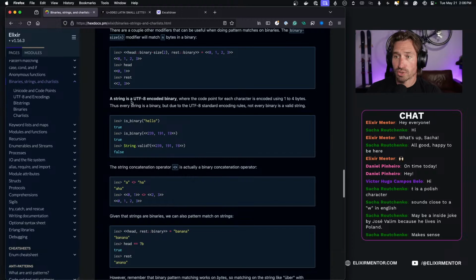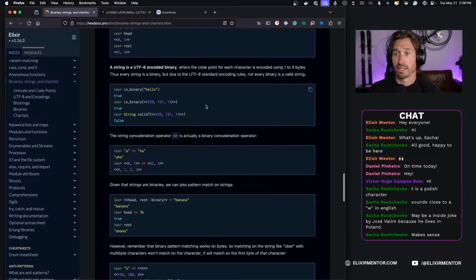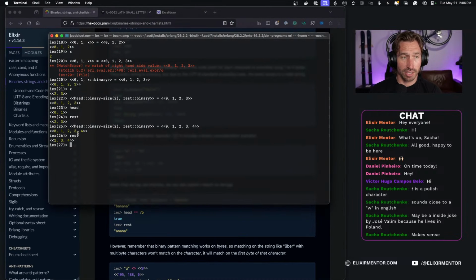A string is a UTF-8 encoded binary where the code point for each character is encoded using 1 to 4 bytes. Thus, every string is binary, but due to the UTF-8 standard encoding rules, not every binary is a valid string. So if we say is_binary and pass in the string hello, we get a true back. And then we can also say is_binary and pass in